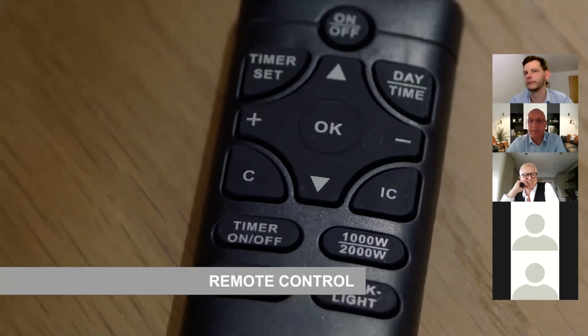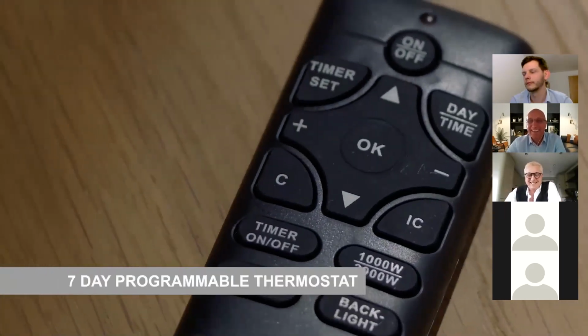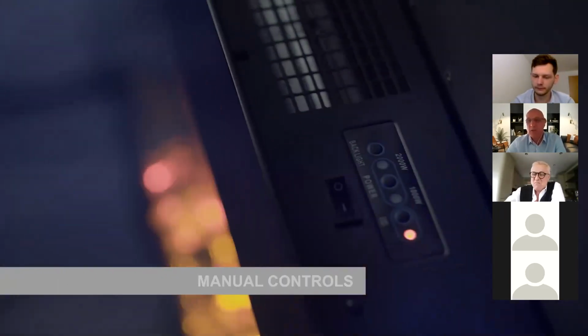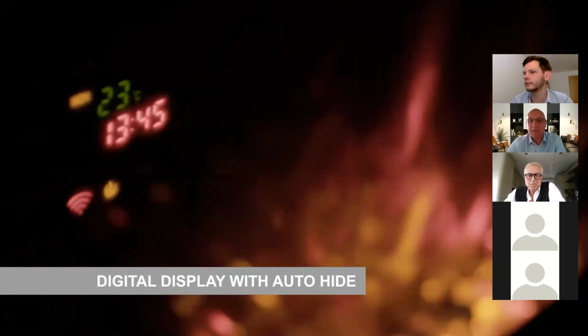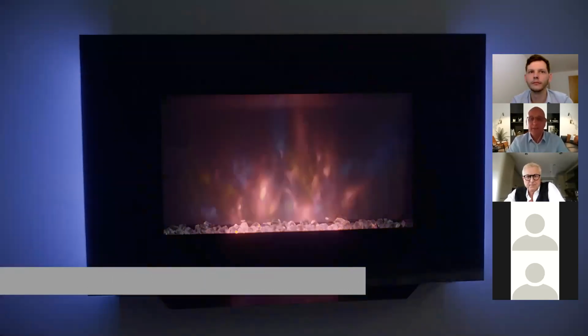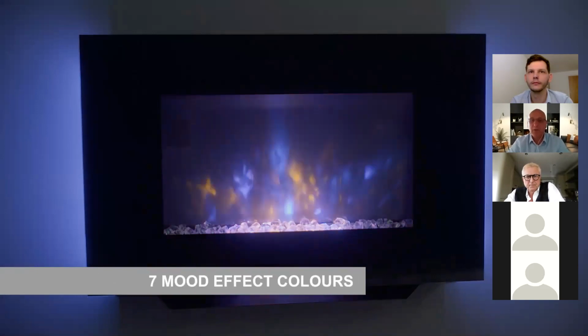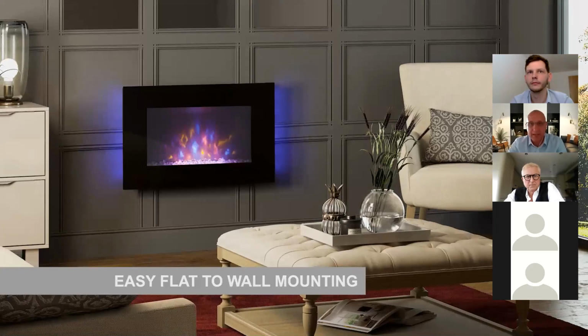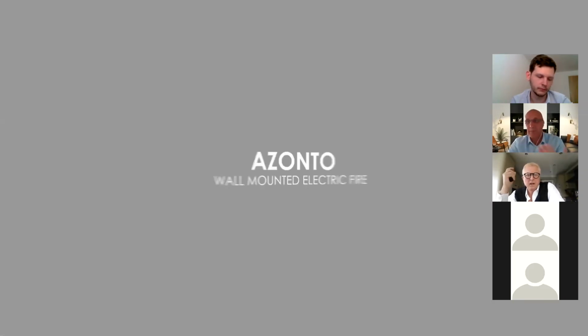Logs. It's a remote control, all subjective, Nick, isn't it? And you've got a manual control option as well. And it's a digital display. So you get 7 different flame effects, and then the mood effects talk is about the ambient lighting at the back. So around the back there, you can see the blue. You can change an ambient setting as well. So it's stacked full of features